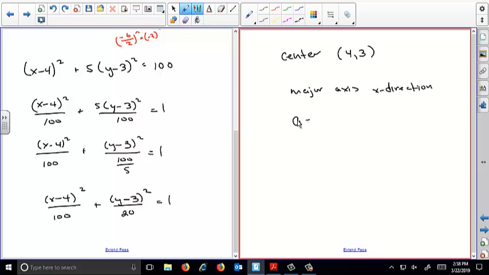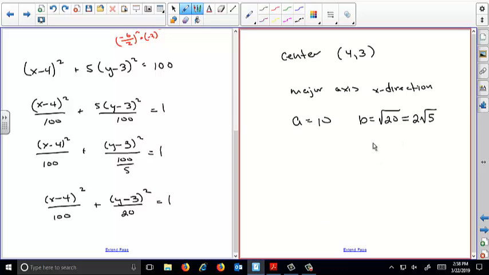A would be equal to the square root of 100, which would be 10, and B would be equal to the square root of 20, which you could reduce down to 2 times the square root of 5 if you wanted to, but probably don't need to,